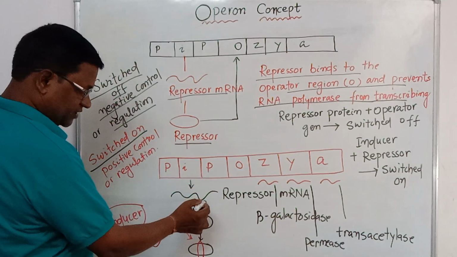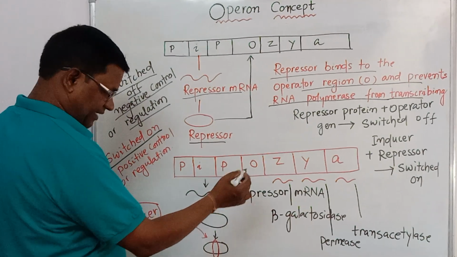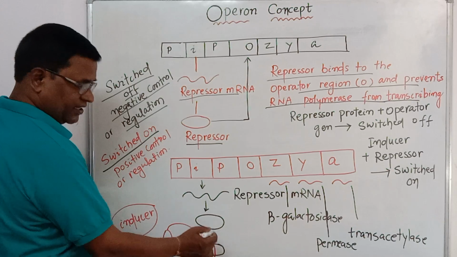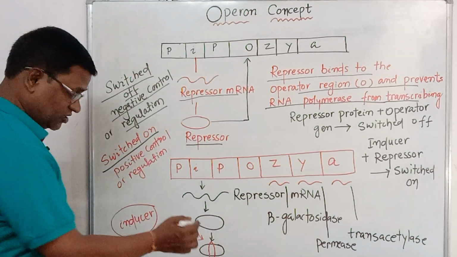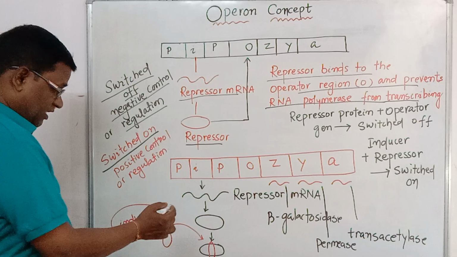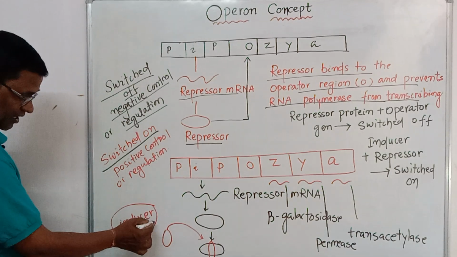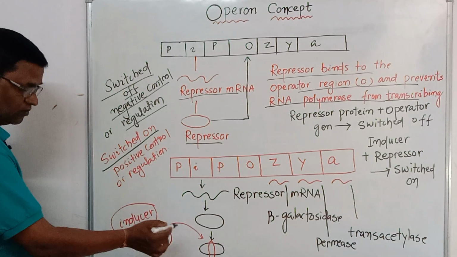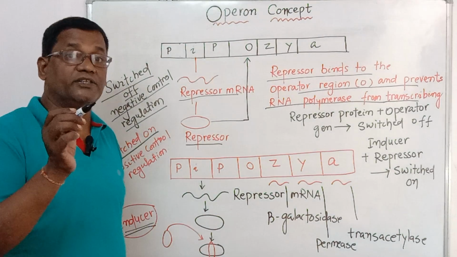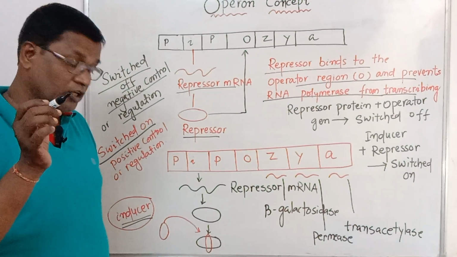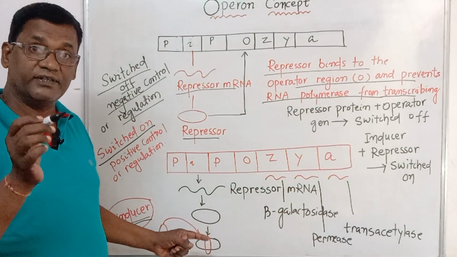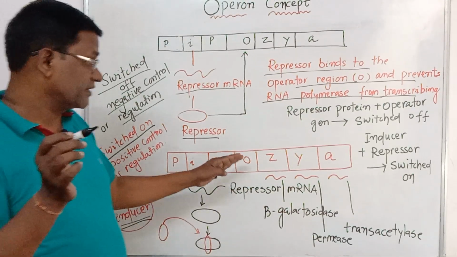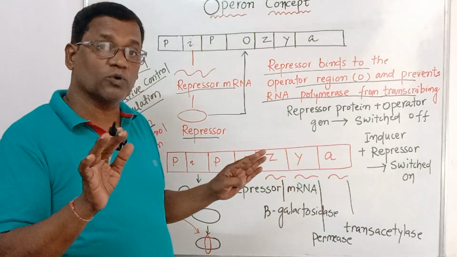वो क्या प्रोड्यूस किया है? एमआरएनए, रिप्रेसर एमआरएनए. रिप्रेसर एमआरएनए क्या प्रोड्यूस किया? रिप्रेसर प्रोटीन. ये जो प्रोटीन फॉर्मेशन हुआ, रिप्रेसर प्रोटीन, इसको इंड्यूसर जो मीडियम में था, वो इंड्यूसर क्या है? लैक्टोज जो है वो बंद कर दिया. It will stop the repressor. डोंट फॉरगेट, जब रिप्रेसर बंद हो गया, बाइंड हो गया, सीज हो गया, तो ऑपरेटर अपना फ्री हो गया, उसको कोई रोका नहीं अभी.